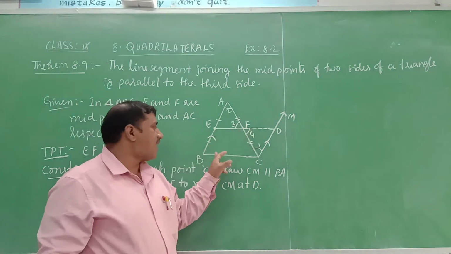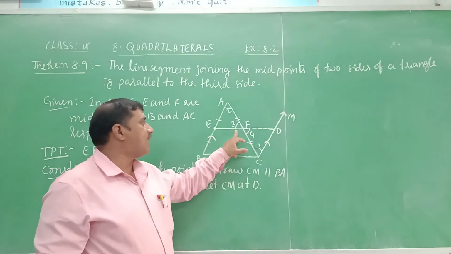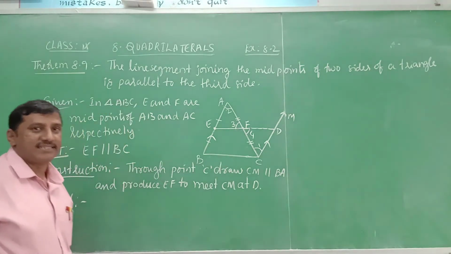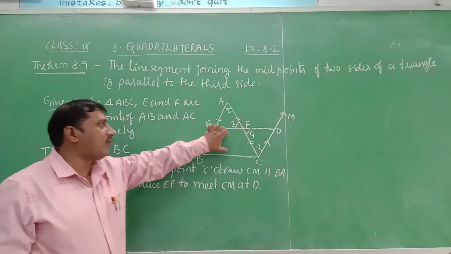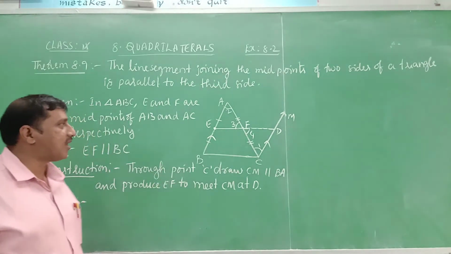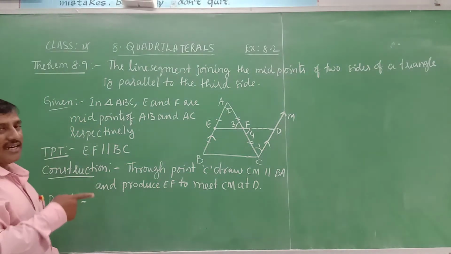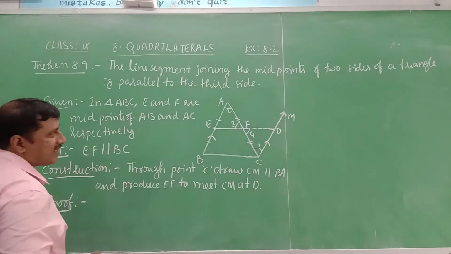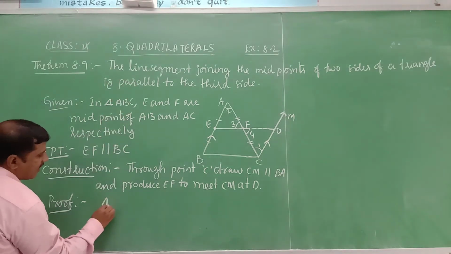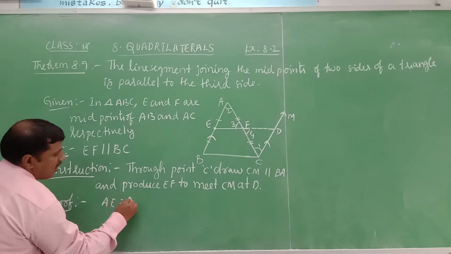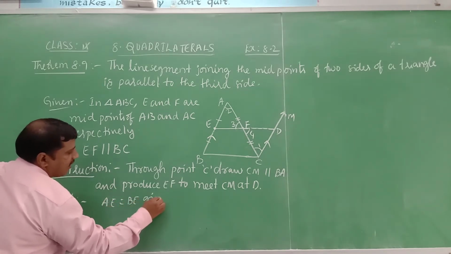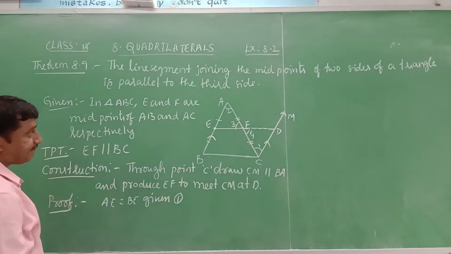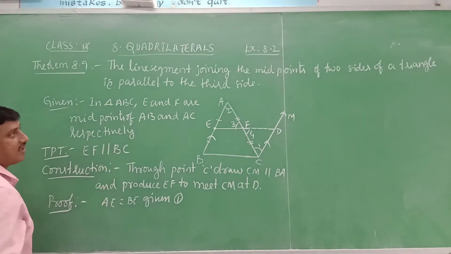Therefore, ED is parallel to BC. EF is a part of ED. That is, EF is also parallel to BC. So, first, what we have to prove? We need to prove that it is a parallelogram. So, to prove that, we need to consider the two triangles. We need to prove the two triangles are congruent triangles. So, it is given AE is equal to BE. You take this as equation 1, identity 1, as E is the midpoint.